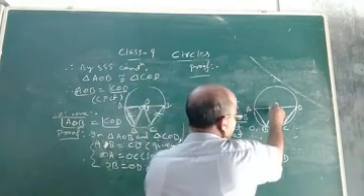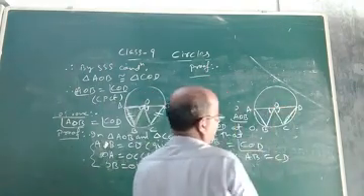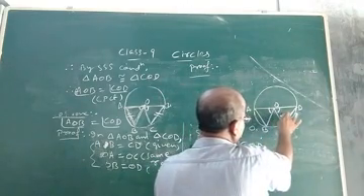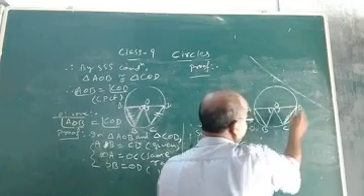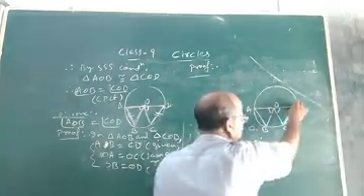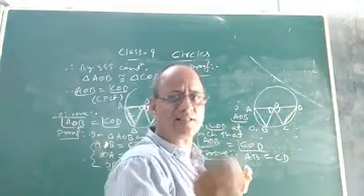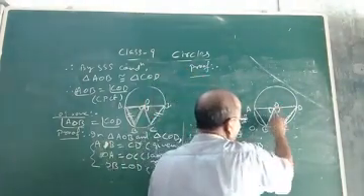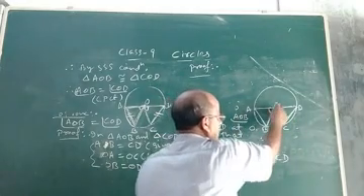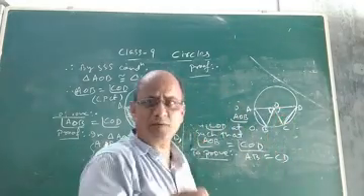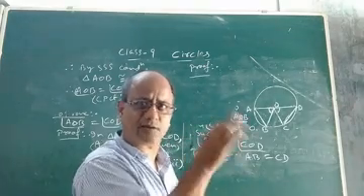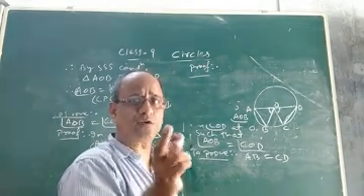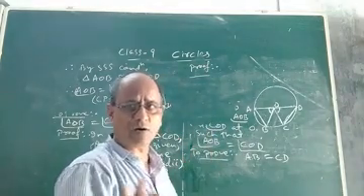You are given this angle equal to this angle. Very good. Next, in this triangle and this triangle, look at this side equal to this side. Why? OA will be equal to OD, because they are radii of the same circle. Similarly, OB and OC are equal. OB equal to OC also, because they are radii of the same circle. The two radii of a circle are of the same length.